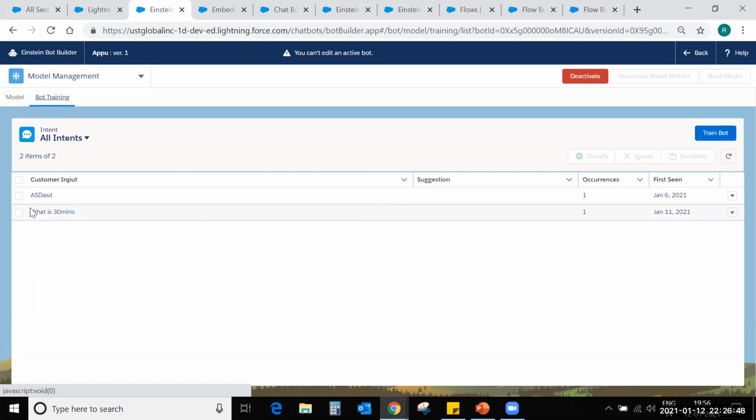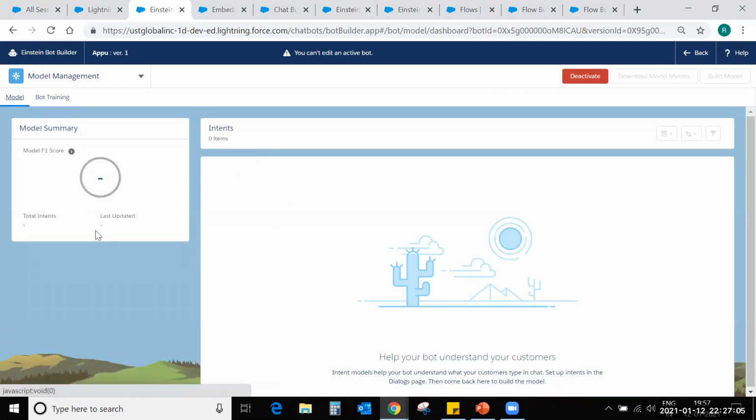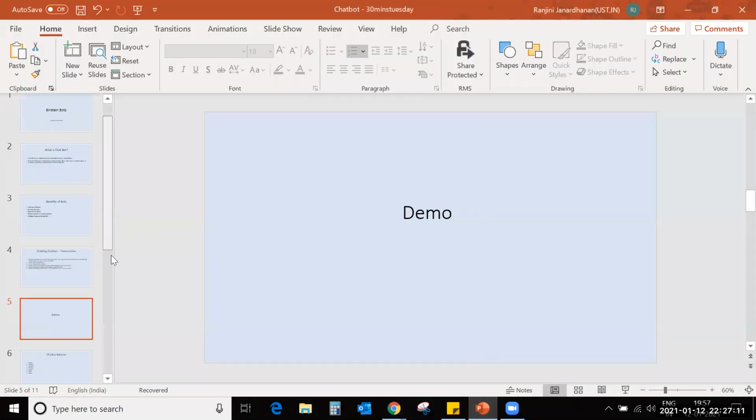You can classify it to a particular intent set, so that the bot will be able to understand more about the customer questions and act accordingly. And here you will be getting the performance of all the intents. I can show you that.